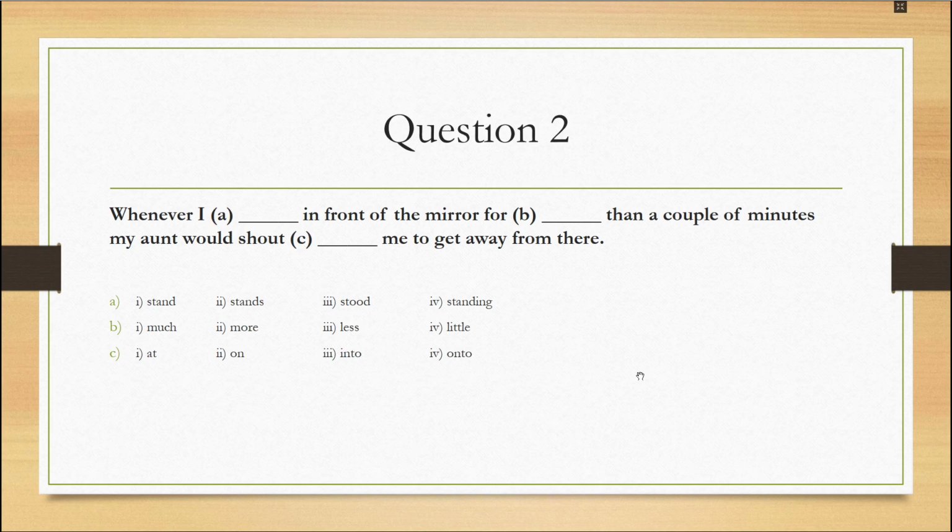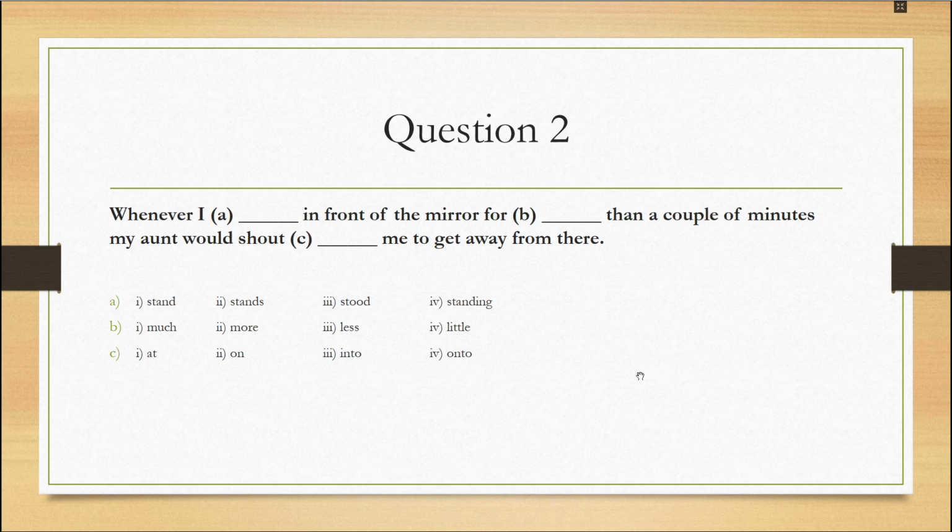From where will we find out which tense has been used? That is from the word would, which is the past form of will. Here you must be knowing that in direct to indirect speech, in place of will we use would. So would is letting us know that the past tense is used here. Would is the past tense of will. So this little paragraph is in the past tense. Now on the basis of this, let's solve this paragraph.